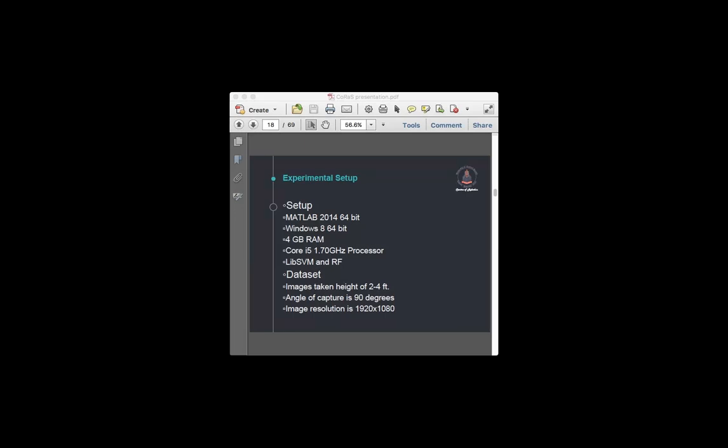The angle of capture is 90 degrees, so the camera is facing downwards, and the image resolution that we got was 1920 by 1080. We had flying robots with a flight time of 20 or 25 minutes, and we thought it was less. But the good thing about flying robots is they don't have any hurdles. They don't have to follow any pathways or roads. They can fly wherever they want. So this 20 minutes is not that little if we consider that a drone can fly anywhere and take any path that it wants over the air. Next slide, please.